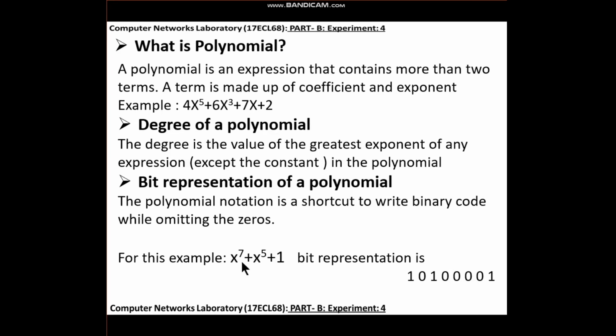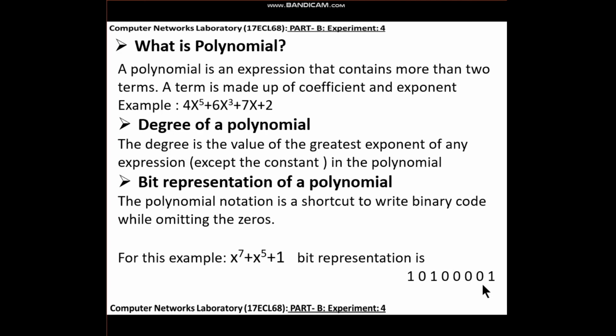Here, this polynomial consists of only three terms, x raised to 7 plus x raised to 5 plus 1. Here, see its bit representation. Actually, 1 is a constant, and its exponent is x raised to 0, so that term is there and we can put 1 here.